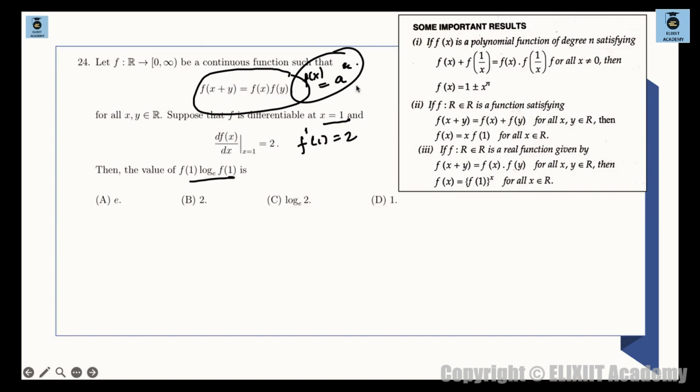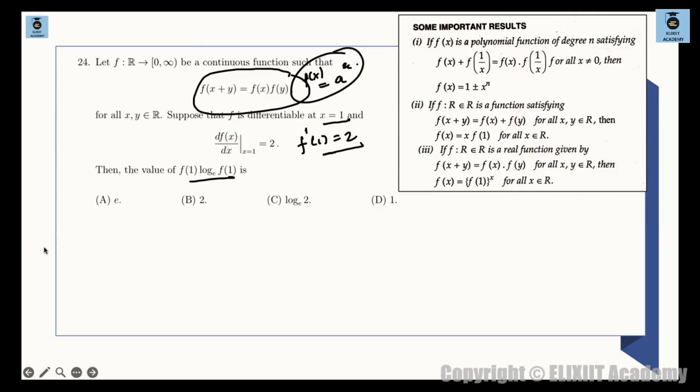नाउ द ट्रिक ओवर हियर इज यू कैन टेक a raised to the power of x and solve as well। ये कंडीशन यूटिलाइज करो, use these conditions and simply plug in all these values। In that case you need to also find the value of a भी चाहिए होगा, so use these conditions over here। Likewise f dash of 1 is 2, right? So you find what is f dash of 1, ठीक है। तो वहां से you need to find out a and then you have to find out all these values over here, तो वहां से concrete चीज चाहिए।